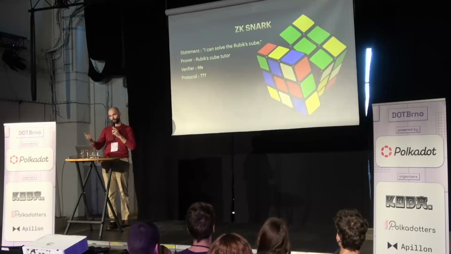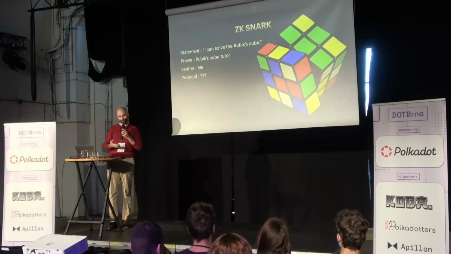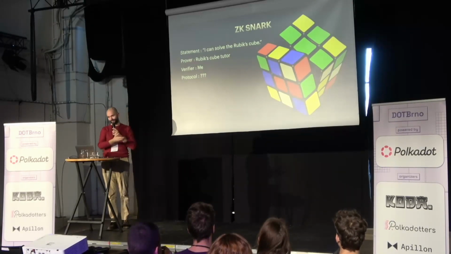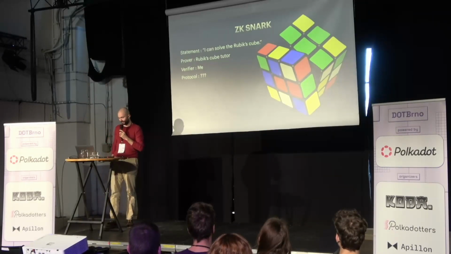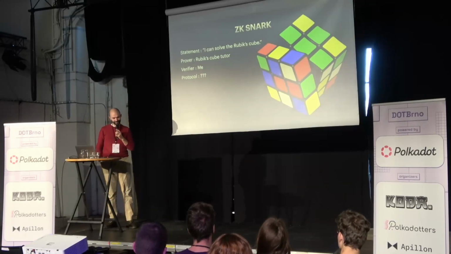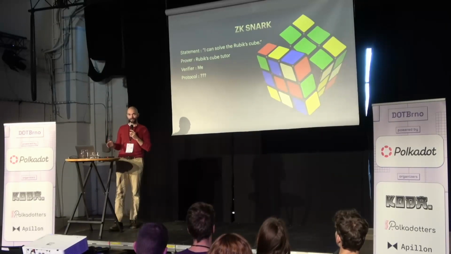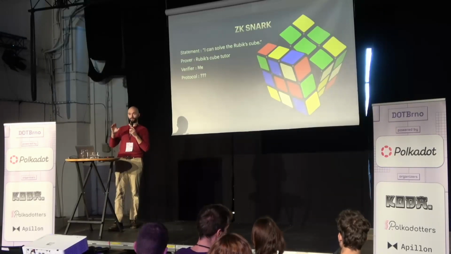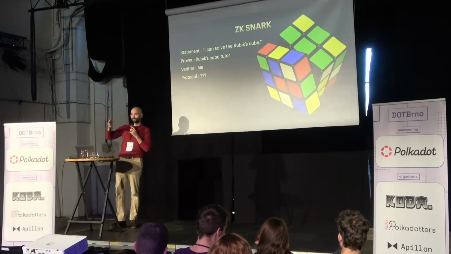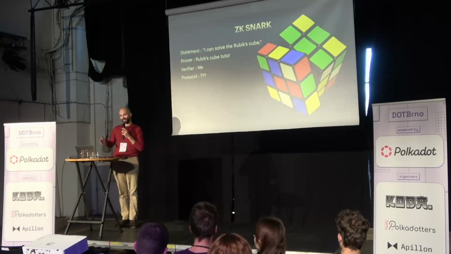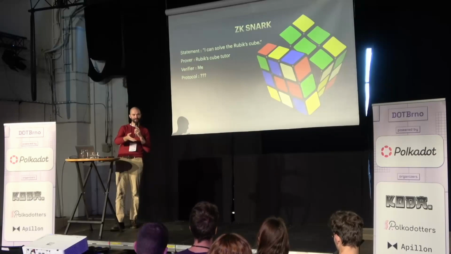So I will walk you through a zero-knowledge proof protocol for finding Rubik's Cube tutors. So the worst version that you could use, this doesn't work, but it's a simple example, is you could ask them to send you a picture of themselves holding a solved cube. You're laughing because it's obviously a terrible proof, right? How do I know that they solved the cube? How do I know that it's not a brand new cube that's never been shuffled, right?